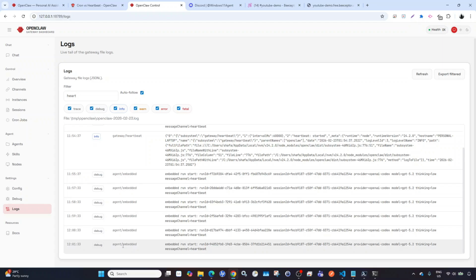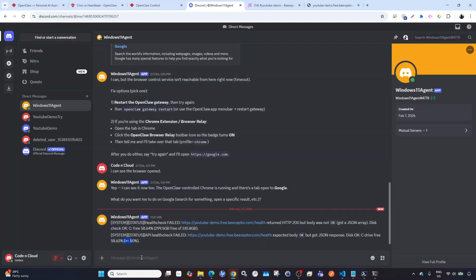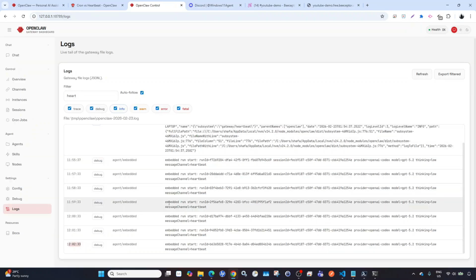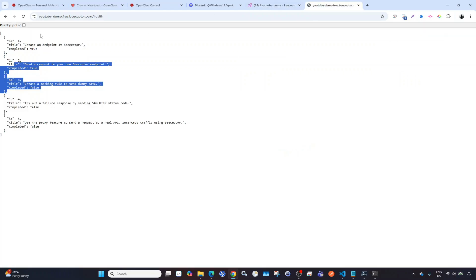Let's wait for a few more executions and then we can change the status of the API. Okay, so we can see another entry and we can't see any message displayed here. So that means the check passed, so we don't need to send any message. Now let's go ahead in that API and I will now disable the 200 and enable the 500. So if I refresh this now